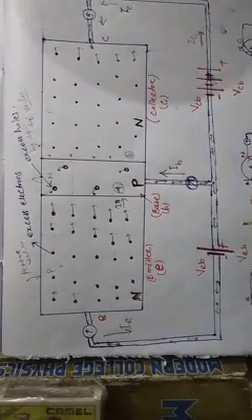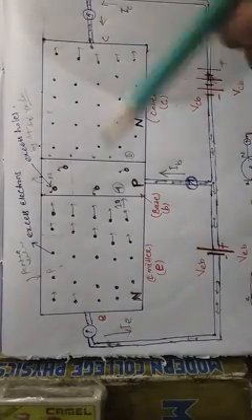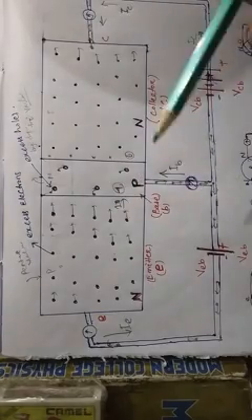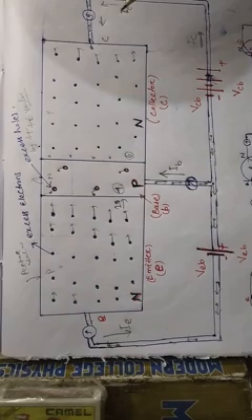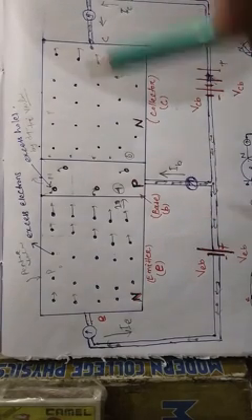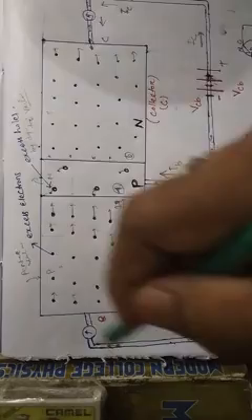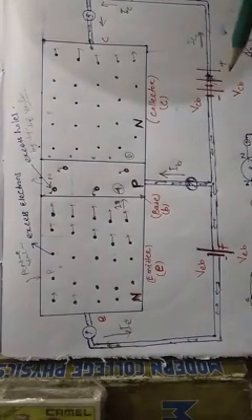And biasing, as I have explained, emitter and base should have to be forward bias and base and collector should have to be reverse bias. You have to put the biasing and show the whole motion in the wire, and also show your